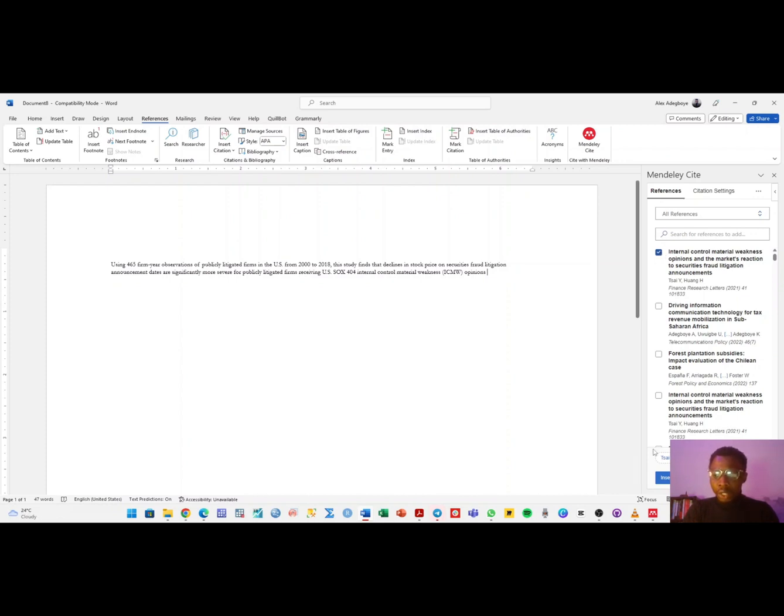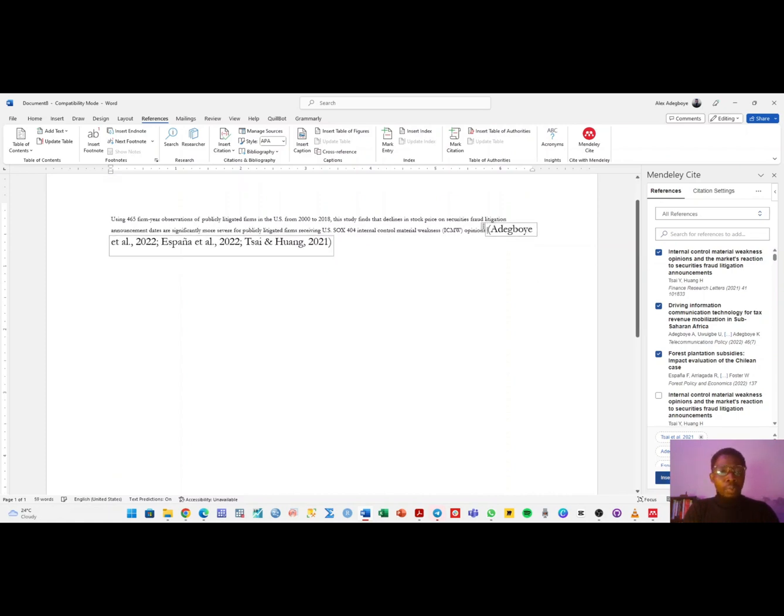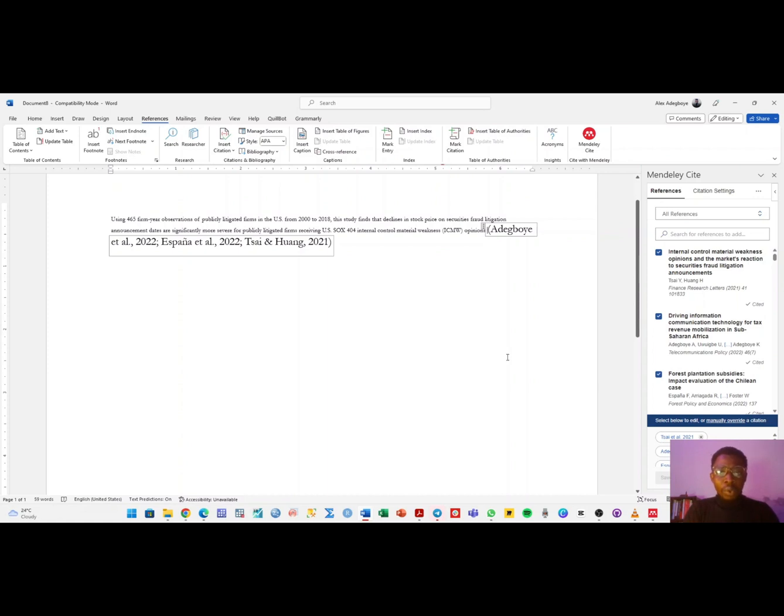So once I check on this guy, you already see the names of the authors here, and you just come to insert one citation. You can have 2, you can have 3, everything is going to work well. Let's say I check 3, I can even have many more. So you just come to insert 3 citations, and it's just going to bring all that here. These are the names that I've cited, right? And it brought it neatly